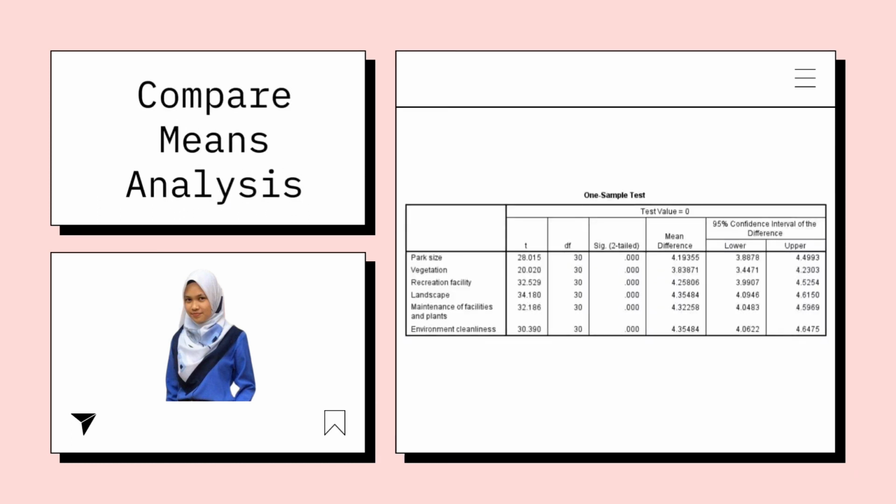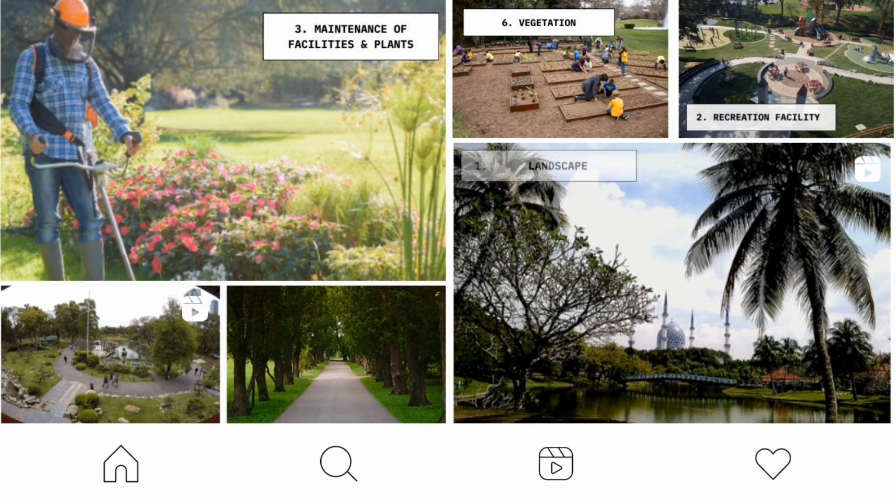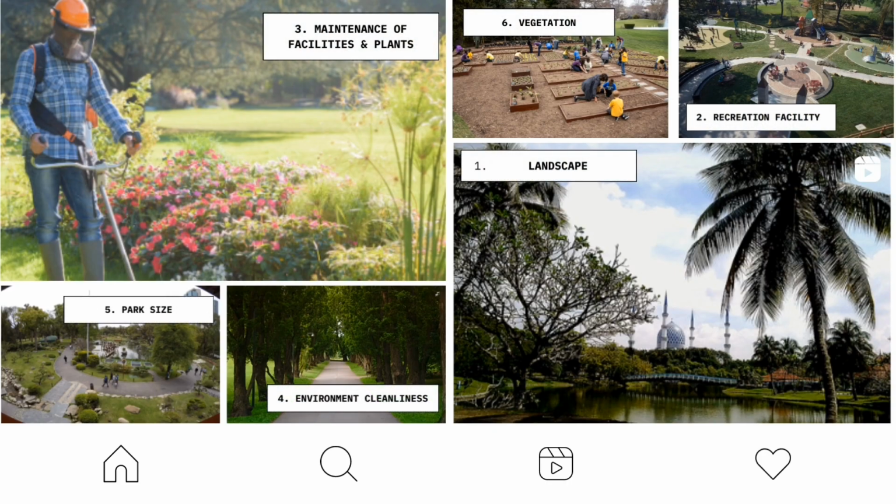Next, compartments analysis. The data derived from the one sample test t-value will be deeply analyzed to study which variables most influence resident satisfaction with urban parks. The highest t-value is the most influential variable towards resident satisfaction with urban parks in the Shah Alam residential area. The findings show that landscape has the highest t-value of independent variables, which is 34.180, followed by recreation facility